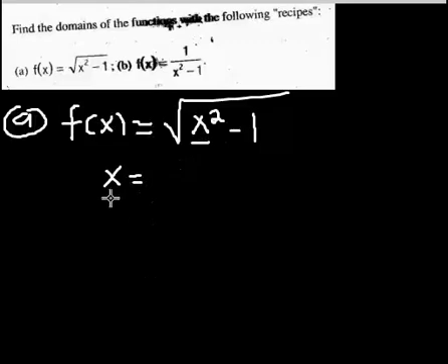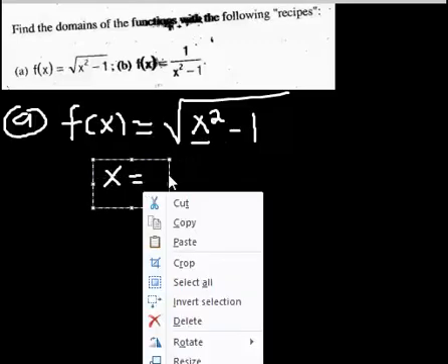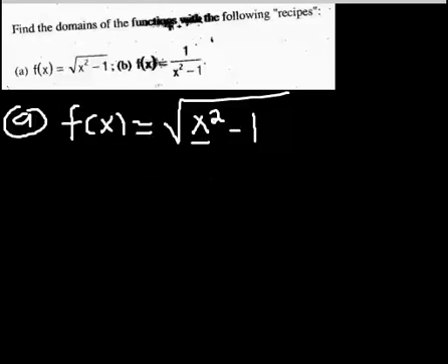So we are looking at the domain, which is just talking about all the values that you can put in this function that will make it defined. Now there's no value of x I put in this function from 1 to infinity. So if I'm being asked to get the domain, you have to include all the numbers. I can simply say that the domain of this function is x, such that